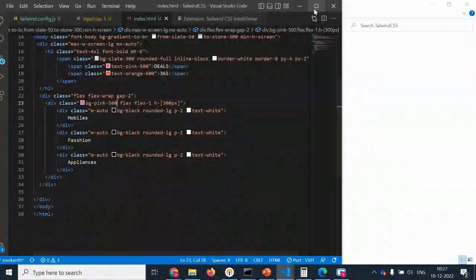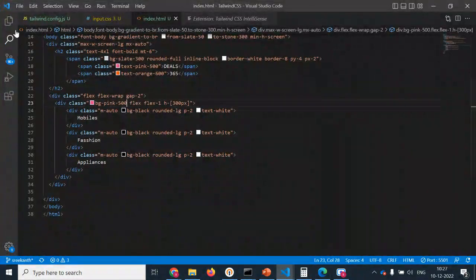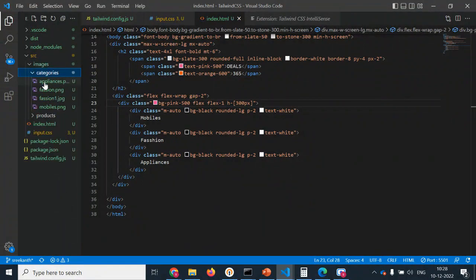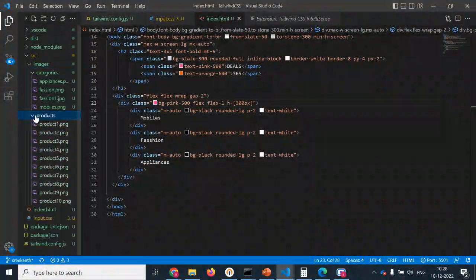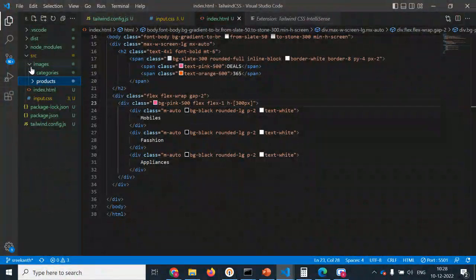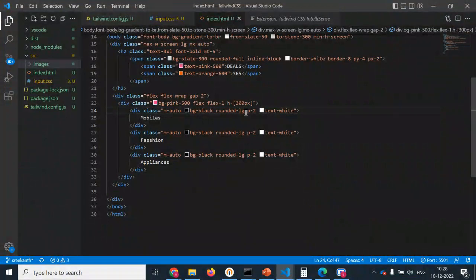Guys, I have added some classes here, some images here. I took these from the net only. You can use your own images for this, or otherwise upload them in git. You can use those images. Okay,